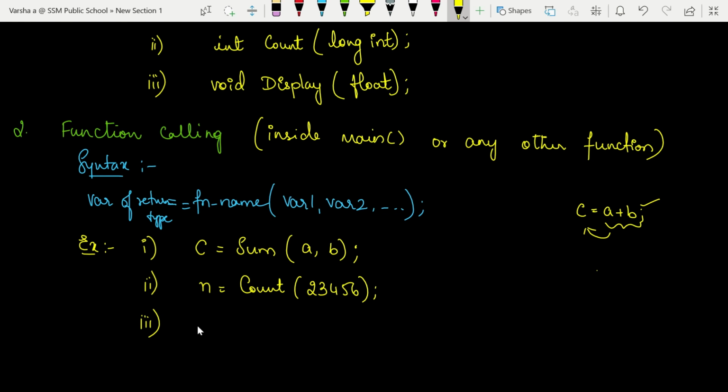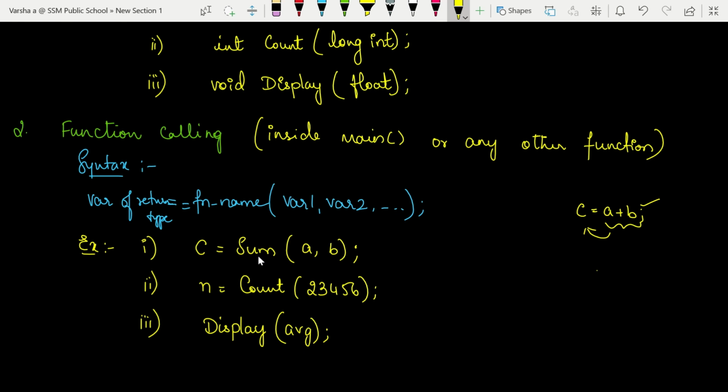If the function is not returning any value, then this equal to operator and the left hand side variable are not necessary. In fact, you should not give them, because it is not returning any value to store in a variable. So I am directly going to give the name of the function and the value that needs to be printed, something like this. Display average. Whatever value I have passed here will be printed inside the function.